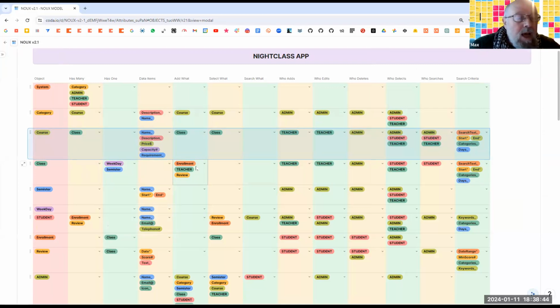enrollment and so on. And when we got down to trying to figure out how students enroll in classes, that's when we figured out where they were having problems, because I put in this object called an enrollment. So a student who wants to join a class creates an object called an enrollment. They didn't have that. And as a result, they had a many-to-many relationship between students and classes, because multiple classes had multiple students, and it's very hard to deal with those kind of many-to-many. And so when you fill in all of this detail,